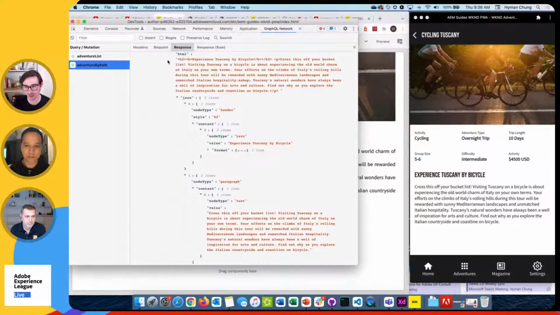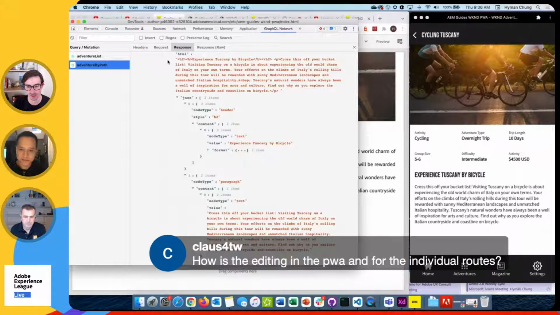So we have a couple more questions. Let's start with this one. Maybe Ruben, you can help us with this. Klaus was asking, how is the editing in the PWA and for the individual routes? So I believe it's using the